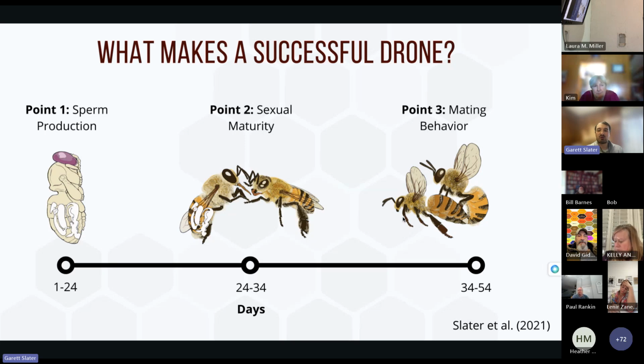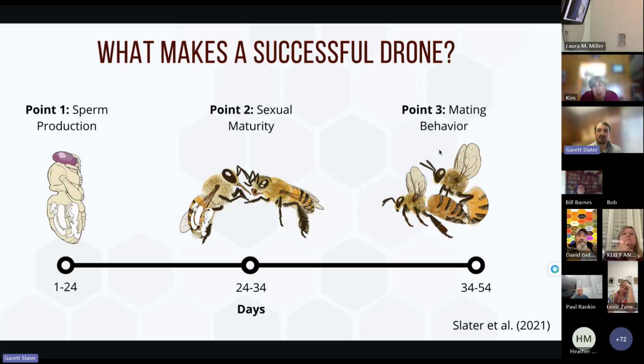These drones may be going on somewhere between 8 to 10 flights per day. These flights can last around 30 minutes, and they could potentially be flying multiple miles. They need that sugar from the honey to sustain these flights, find a queen, and mate with a queen. The mating period can last somewhere between 14 days to, I've seen reports, even 28 days. Really, the drones are either finding a queen and mating with a queen, or they're dying without successfully